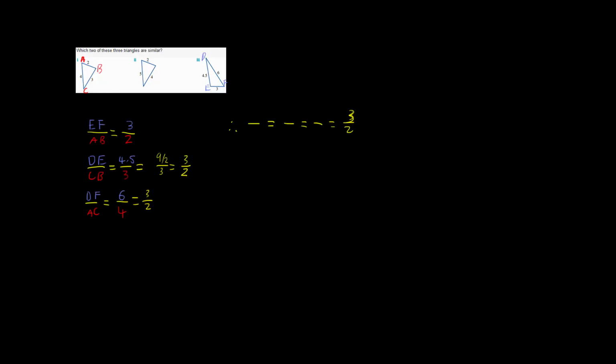We have that E to F over A to B is the same as D to E over C to B, which is the same as D to F over A to C. So that means that triangle ABC is similar to triangle DEF,